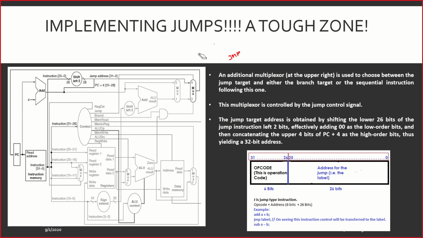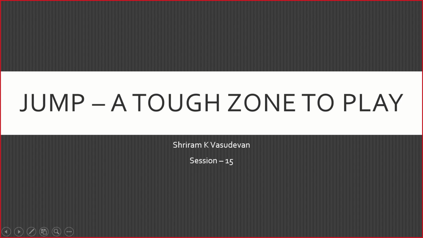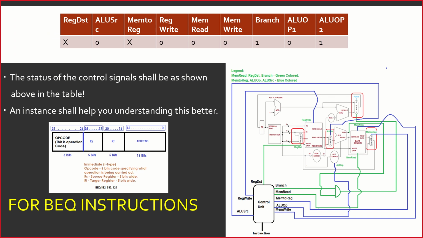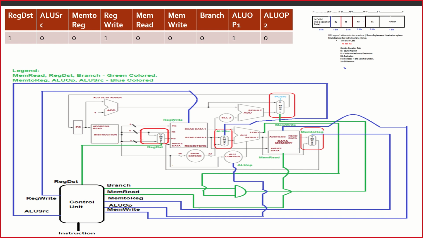Thursday you will have to submit it. There is no excuse for this, and this is treated as an assignment which will carry weightage in your continuous assessment as well. What I mean is very simple. Take this picture, or you can draw it yourself. That's actually better. You can draw it like this because it's very complex otherwise. You draw something like this. This is very easy for you. In this include the jump also.